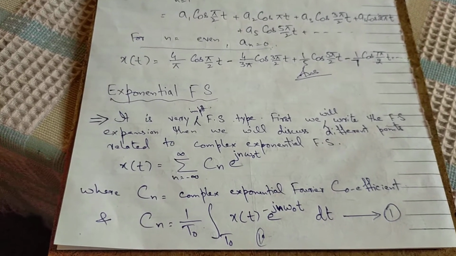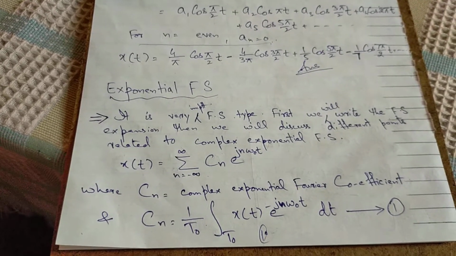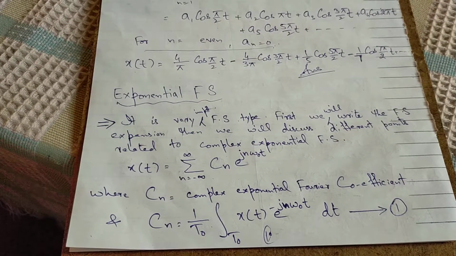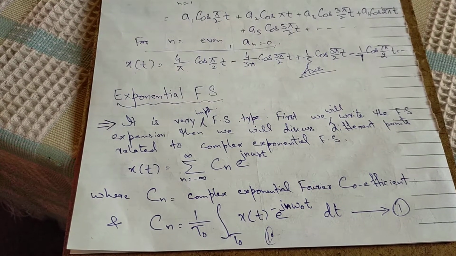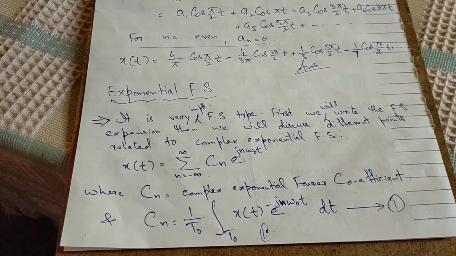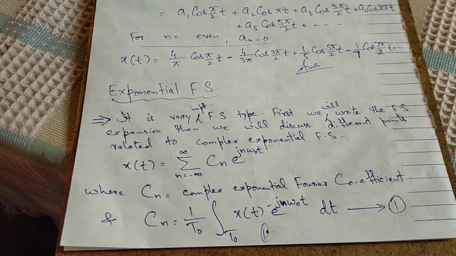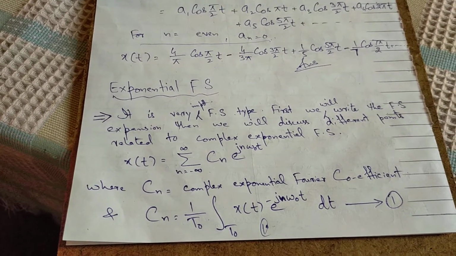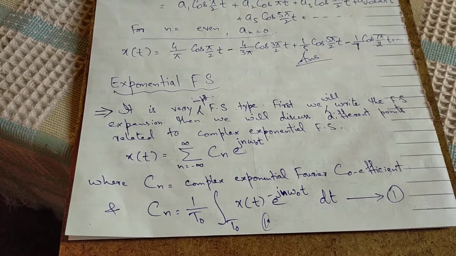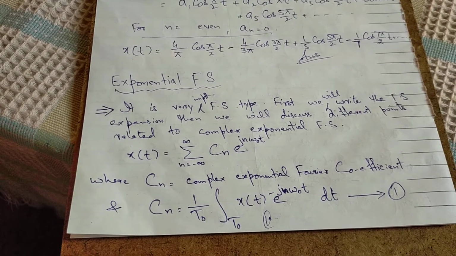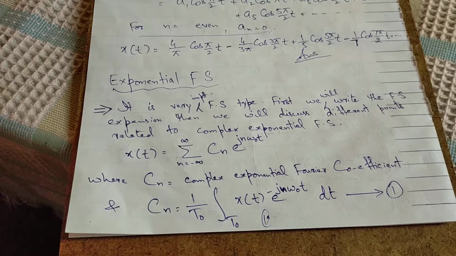Today the lecture for our discussion is exponential Fourier series. First we will write the Fourier series expansion, then we will discuss different points related to complex exponential Fourier series. The formula for exponential Fourier series is x of t is equal to summation n is equal to minus infinity